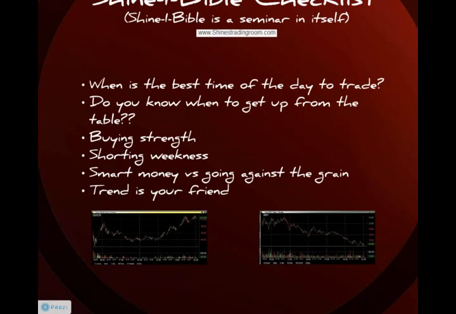Okay, very simply, strong stocks, I'm looking to buy those stocks. And you see down here on this slide also, I'm looking to buy strength. I'm looking to short weakness. Very easy, right? How many people out there, and you raise your hand if you need to, and we don't see you, but you have to tell yourself this.